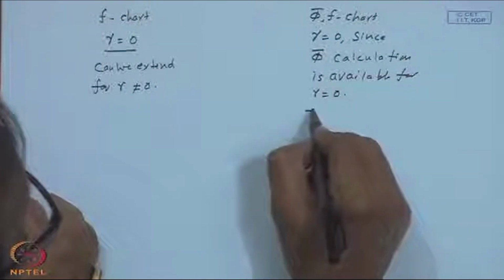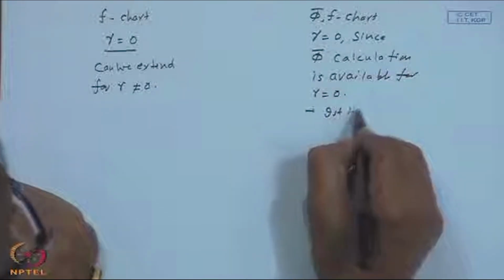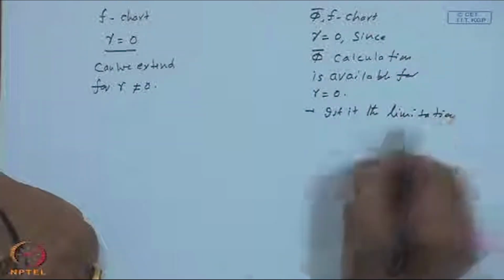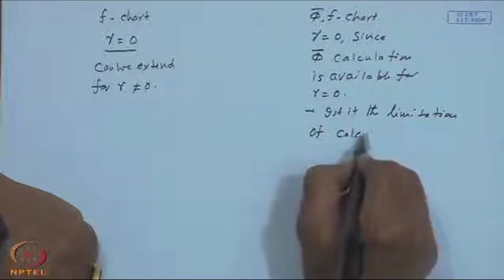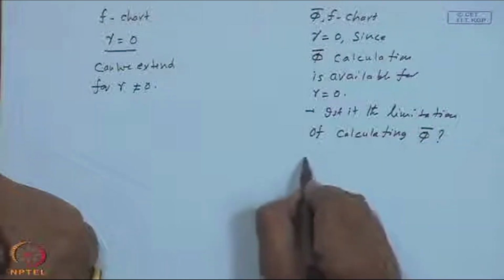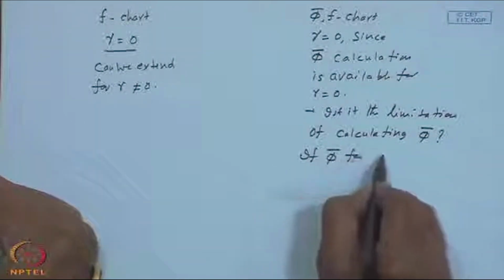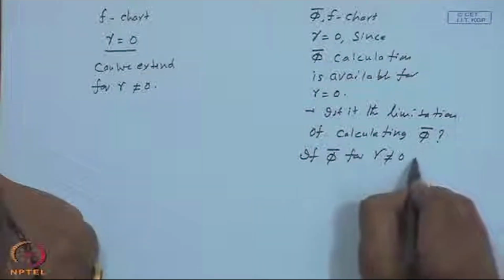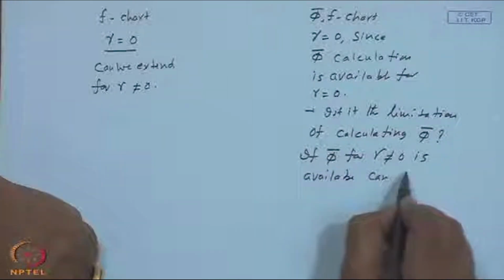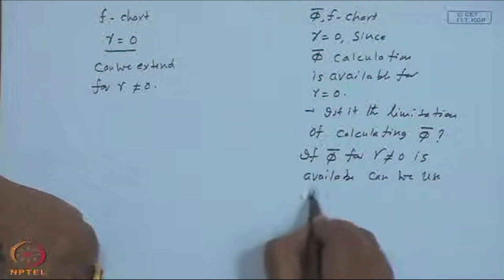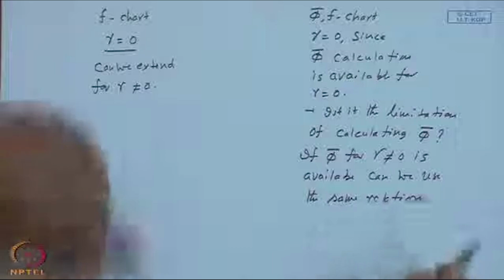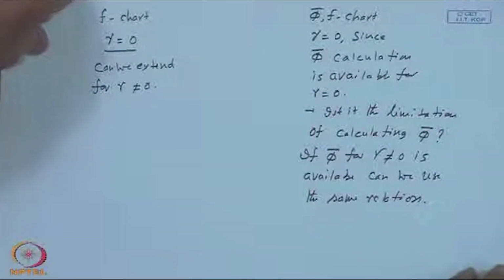Here also we need, is it the limitation of calculating phi bar, or if phi bar for gamma not equal to 0 is available, can we use the same relation? Somebody may take up this problem,